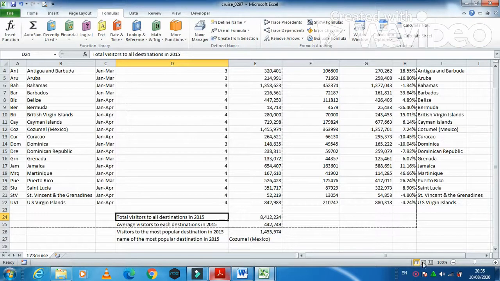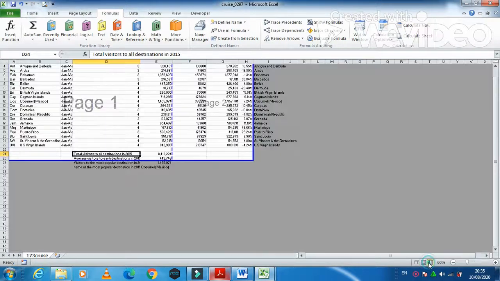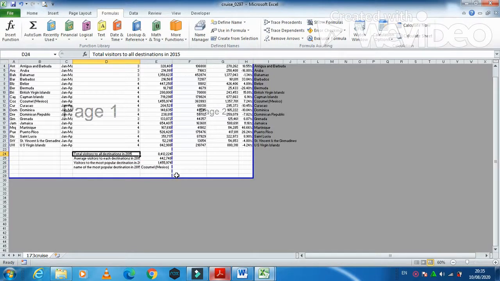So I'm just going to select this area, and then we are going to choose only that specific area to be printed. Yes, just select like this, and then right click